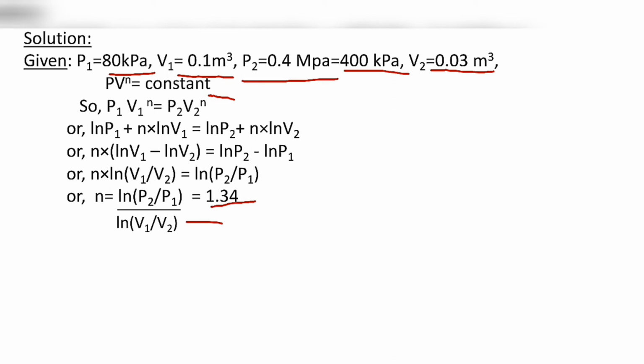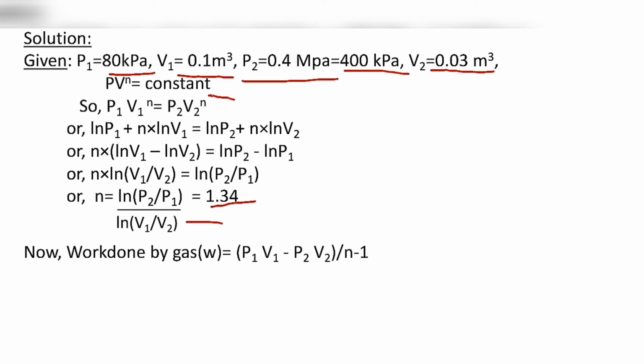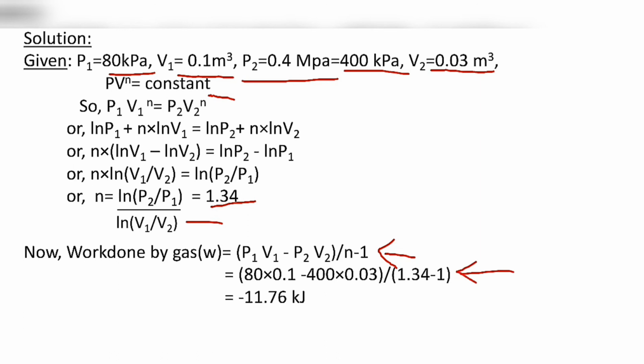Now we know the work done in case of polytropic process is P1 into V1 minus P2 into V2 divided by n minus 1, and all the values are known, so we just put all the known values here, and after calculating this equation we are getting the value of work done by the gas system, which is equal to